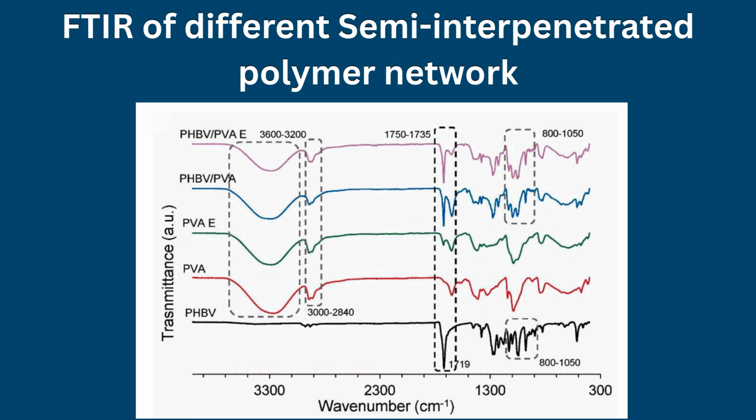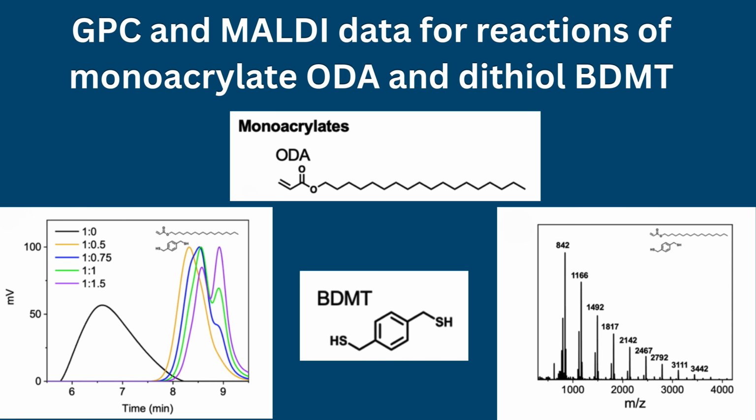Spectroscopic methods such as nuclear magnetic resonance, NMR, and Fourier transform infrared, FTIR, spectroscopy are routinely used to determine chemical composition, functional group conversion, and network formation. NMR, in particular, provides detailed information on molecular structure and dynamics, including end-group analysis for molecular weight determination in precursor polymers. Size exclusion chromatography remains a cornerstone technique for evaluating molecular weight distributions of soluble components, while light scattering methods enable the determination of polymer size and conformation in solution.